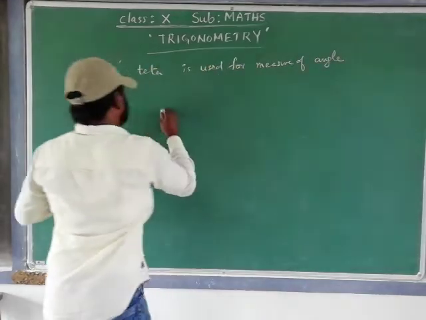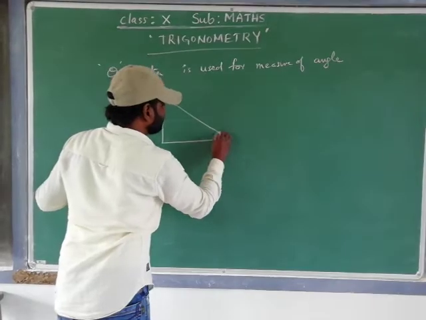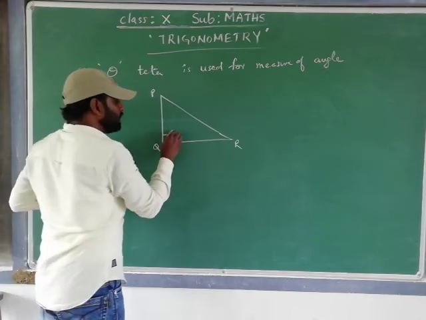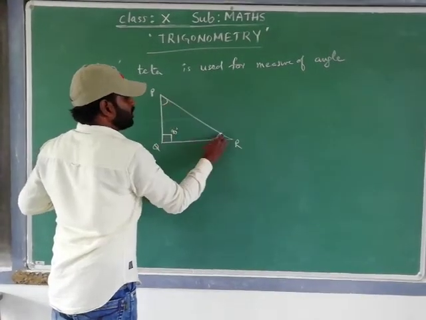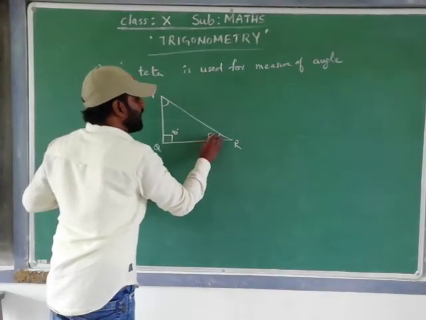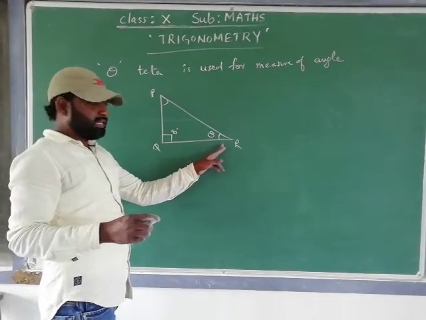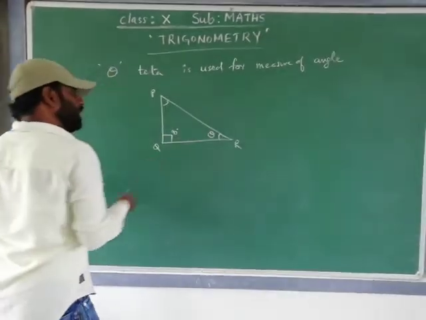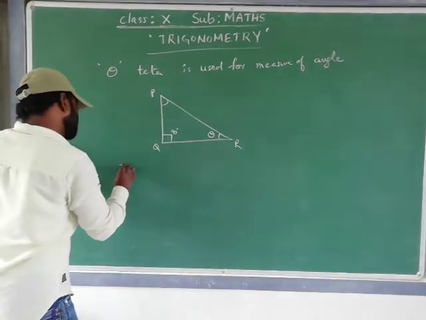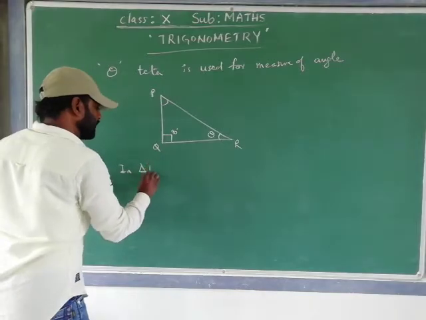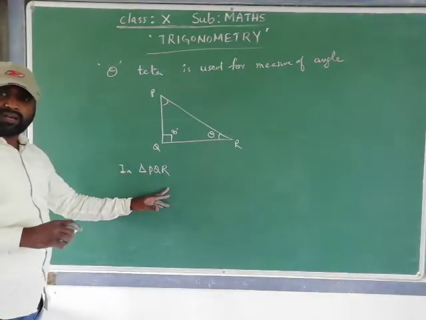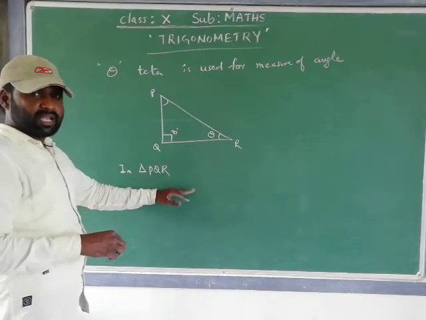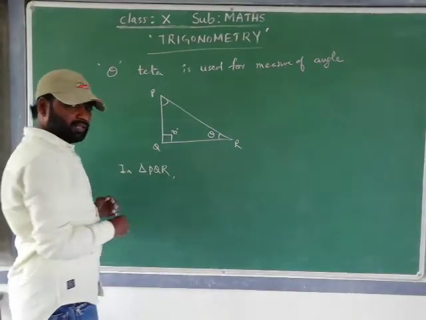Okay. Now see, for example, a right angle triangle, suppose PQR. If I write here, this is the 90 degrees right angle. Whatever the other angles are, we don't know. But if I take the measure of an angle as theta here, that means angle R measures theta degrees, suppose. In triangle PQR, we will name the sides now, to make it clear what is opposite, what is adjacent, what is hypotenuse.